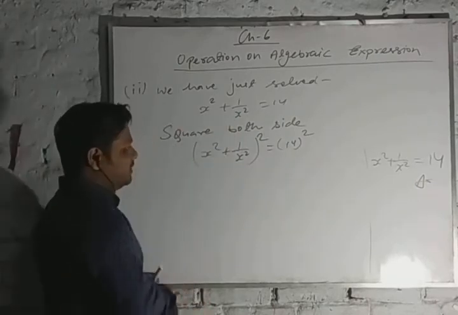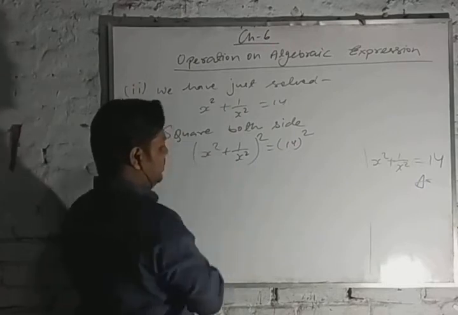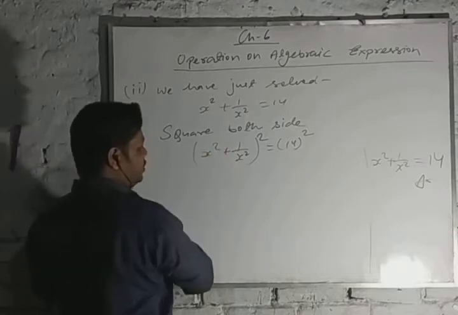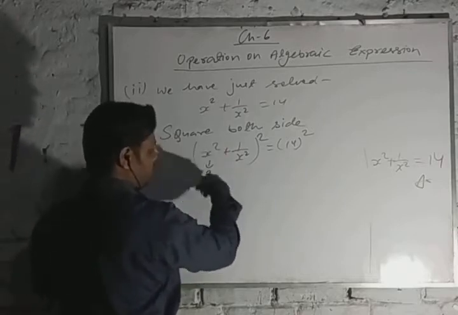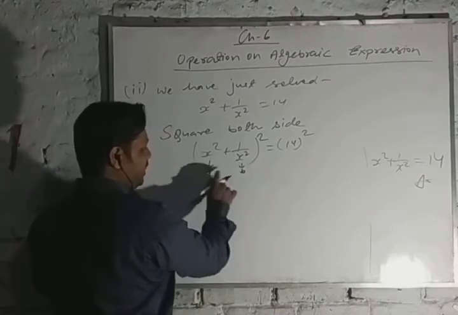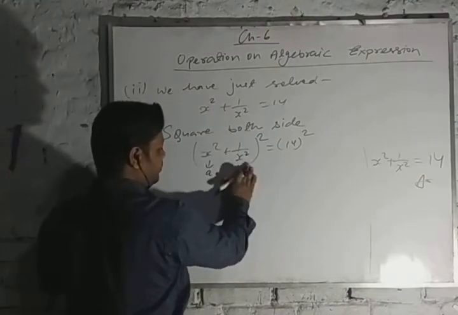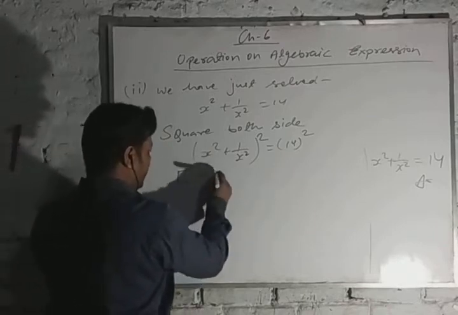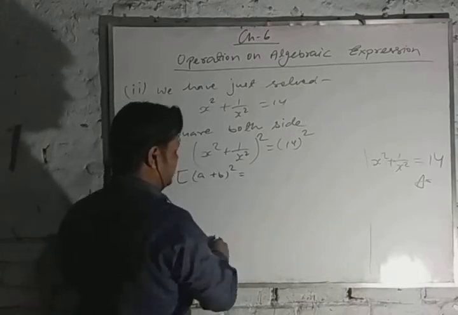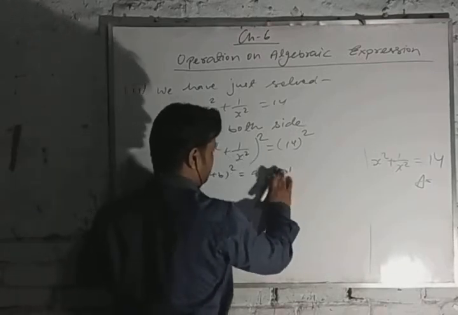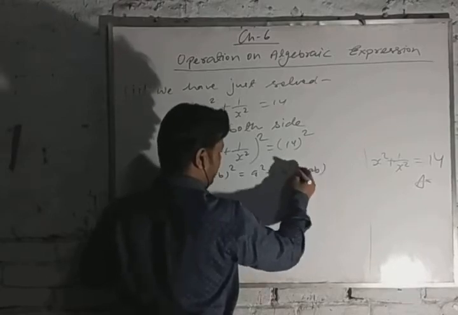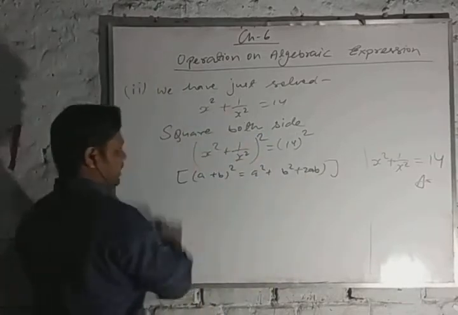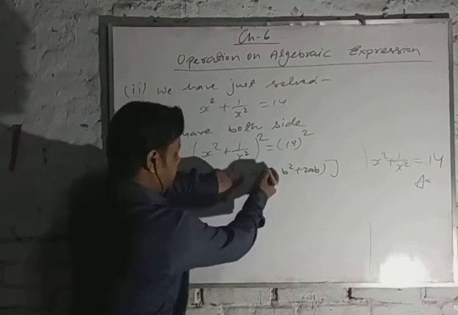Okay. Now after that, now it is on the formula. Here x square is whole A. We can say that x square is whole A, 1 by x square is whole B. Now A plus B the whole square. So we will put this formula, that is, at first write the formula in the bracket so that you can easily write a square plus b square plus 2ab. Now I am writing b square first and 2ab at last. Now close the bracket.